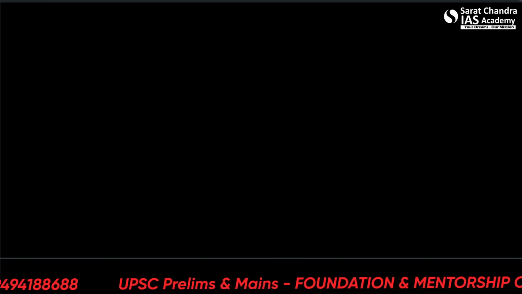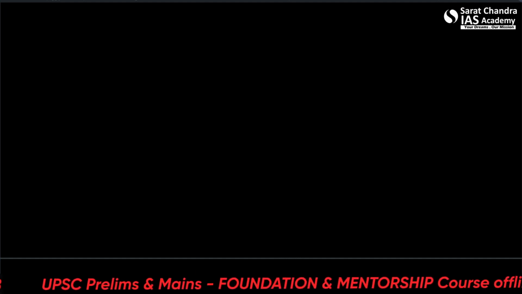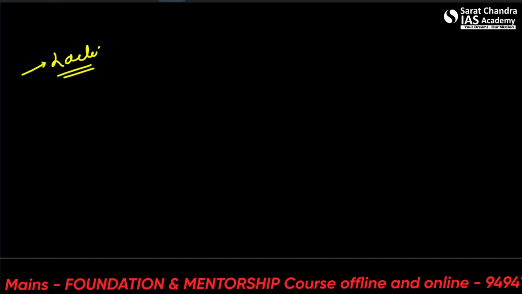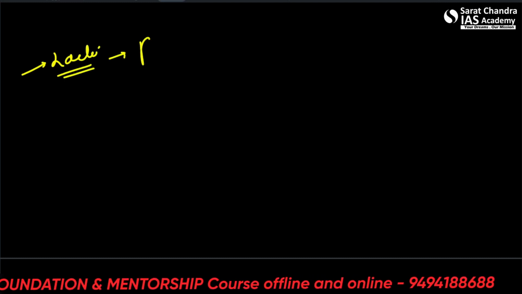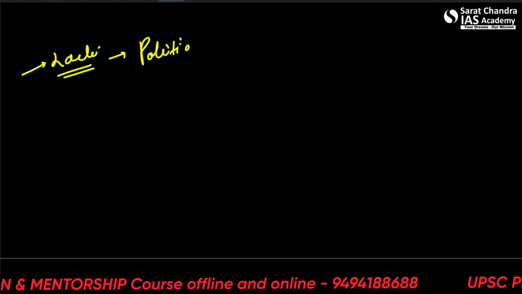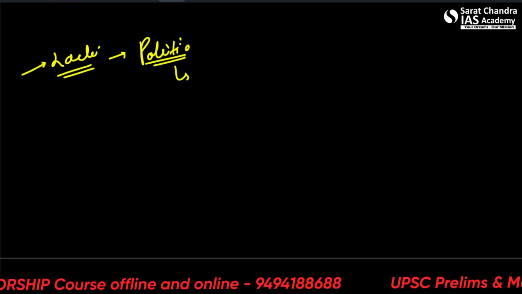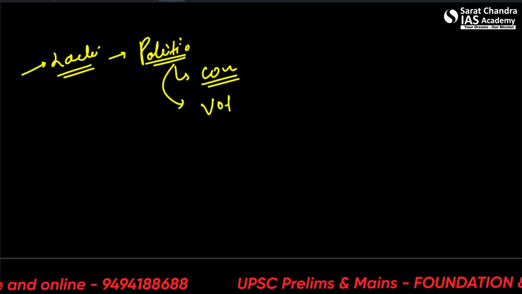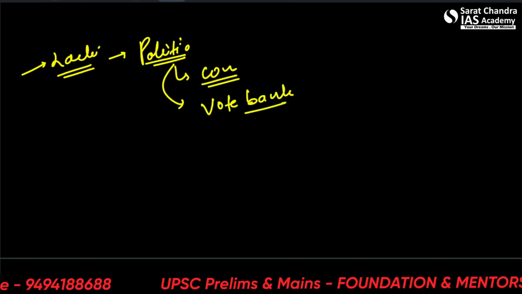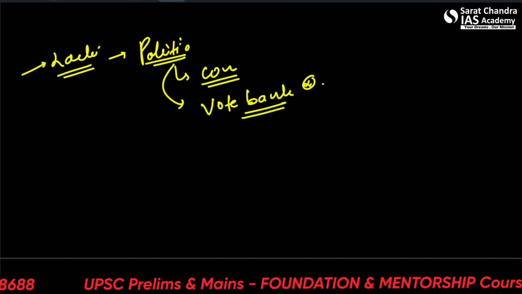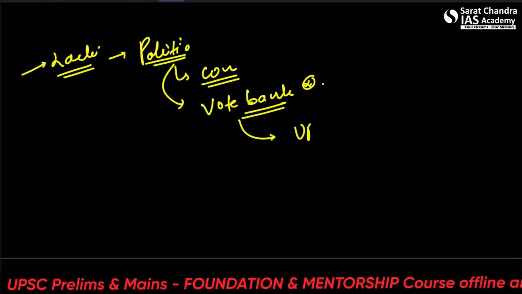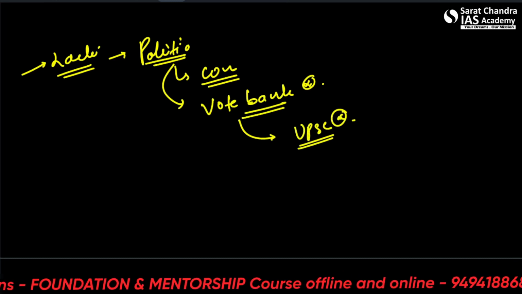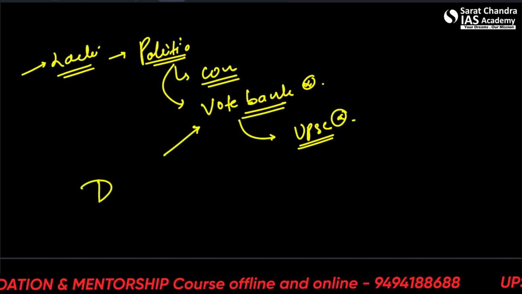Second thing is lack of political will and consensus. So political will is lacking among many states because of the politics, simply because it may create a communal tension and create an issue with the vote bank. So these things are now explicitly being asked in the UPSC also. So you can mention these very diplomatically.